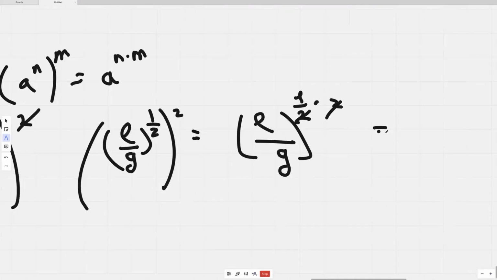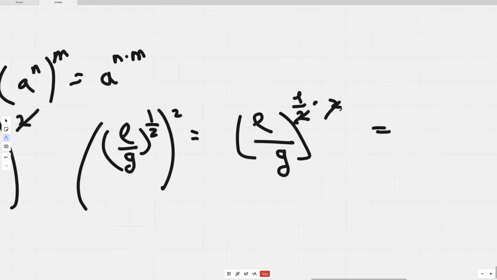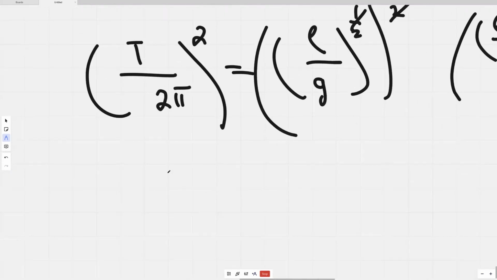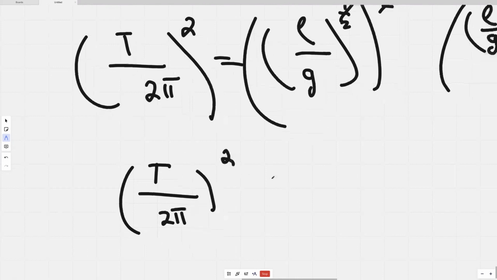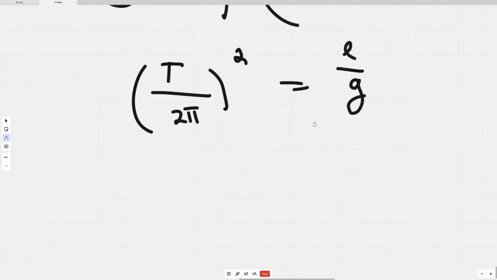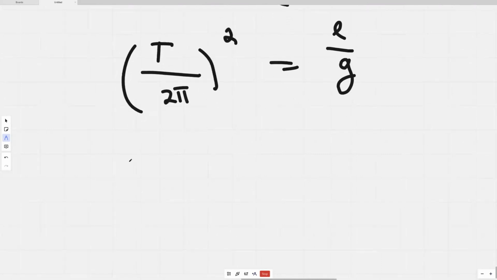And the thing left here is 1, which means it's only L over G. So t over 2 pi squared is equal to L over G, or L over G is equal to t squared divided by